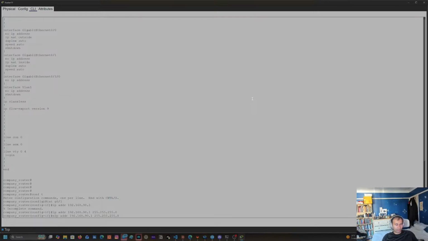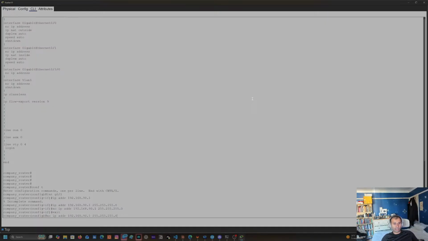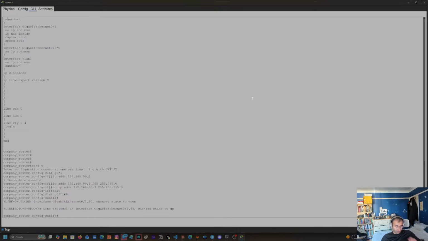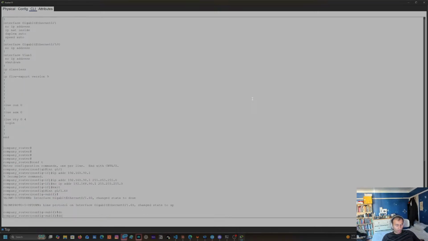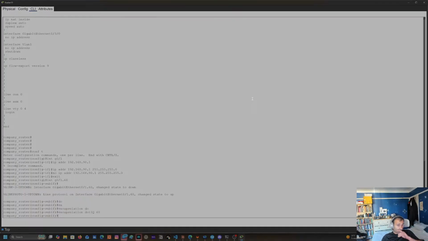No, that's not right. You said sub interfaces, didn't I? I didn't say configure it there. So we actually need to do something a bit more cunning. Now let's call this VLAN, I don't know, 60. There you go, sub interfaces. So dot1q encapsulation dot1q 60, and then we'll do IP at